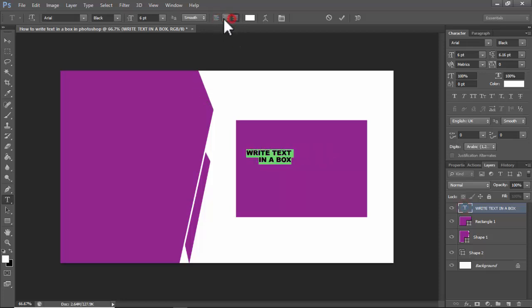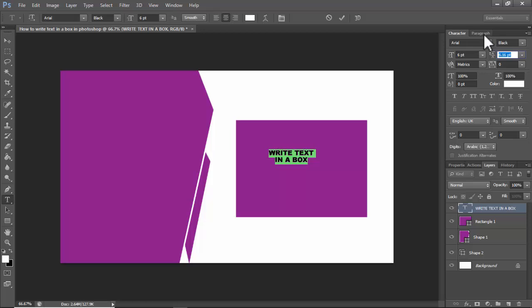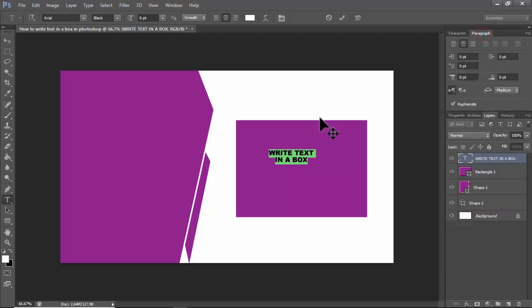left, right, middle, and click this Character, Paragraph. See this, so left, right, middle, and see this box, click. Okay,